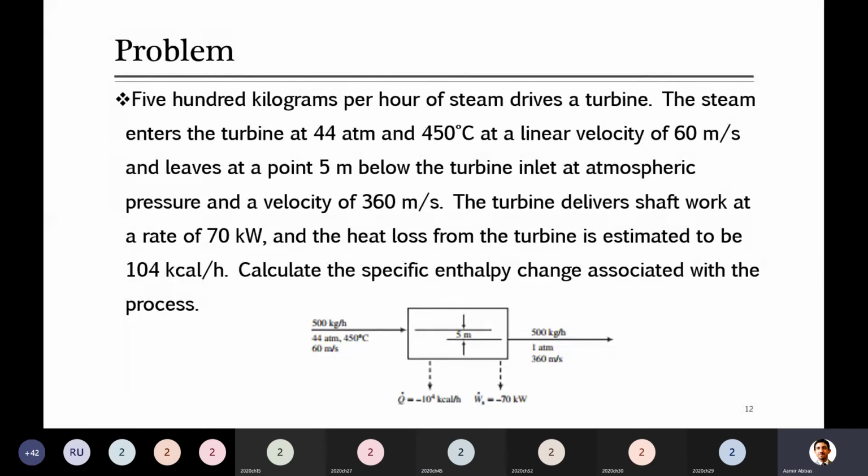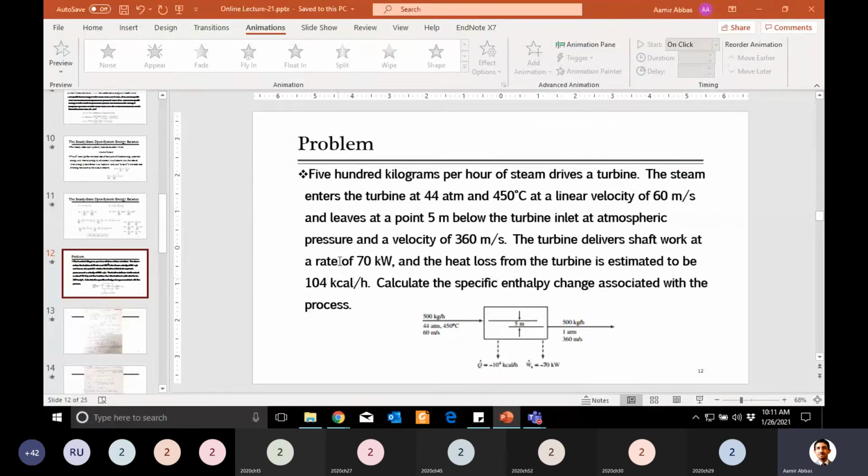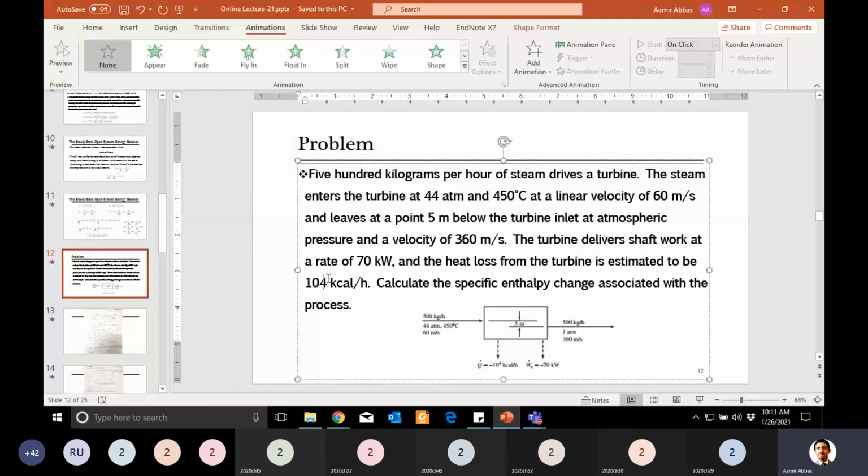Good. And the heat loss from the turbine is estimated to be 10 raised to power 4 kilocalories per hour. It means some heat is lost. Sorry, it is not 104, it is 10 raised to power 4, sorry for this. So it is 10 raised to power 4 kilocalories per hour. Calculate the specific enthalpy change associated with the process. So we have to calculate